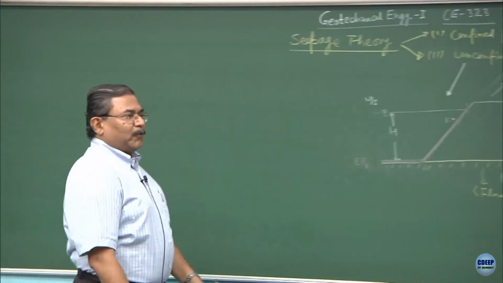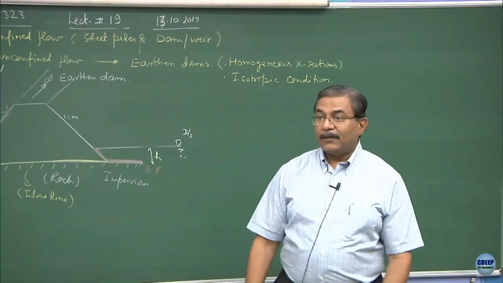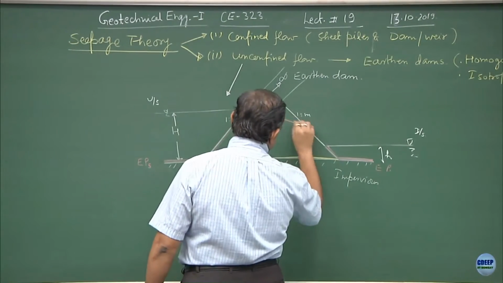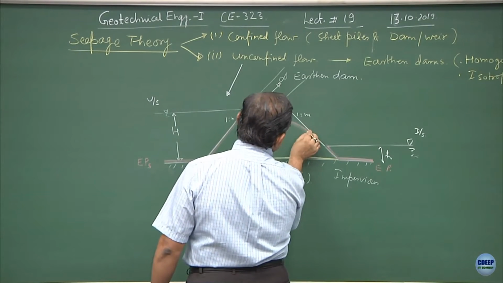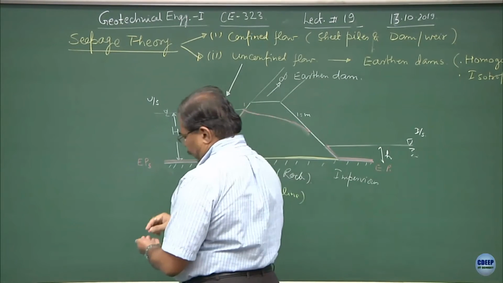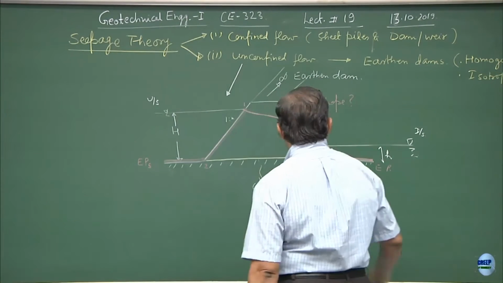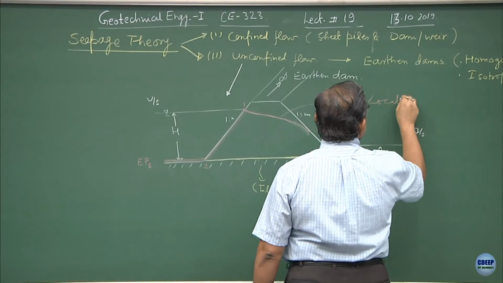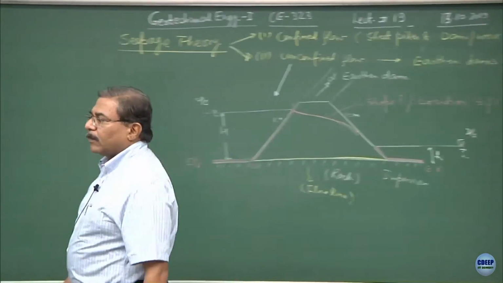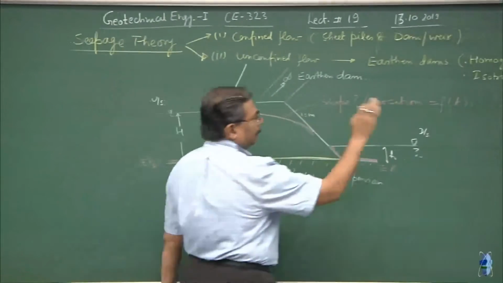Intentionally, what I am not trying to show here is the top flow line, because the top flow line is going to be something like this, okay, and we do not know what is its shape, what is its location as a function of time itself. Now this problem is becoming very complicated. So what we will have to do is take a steady state so that we come out of the time factor.